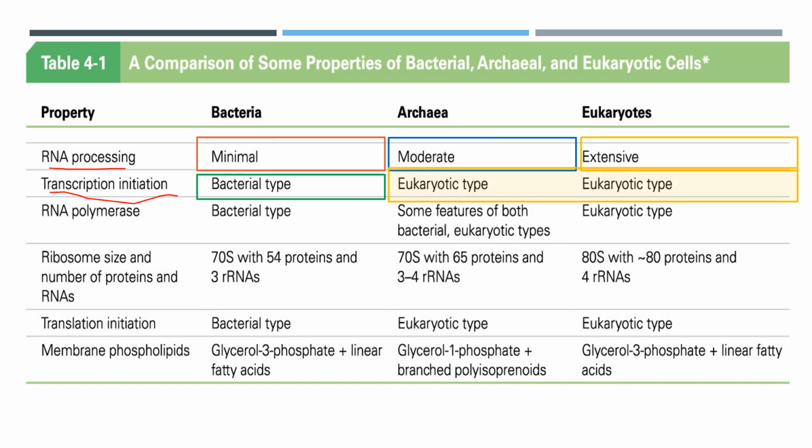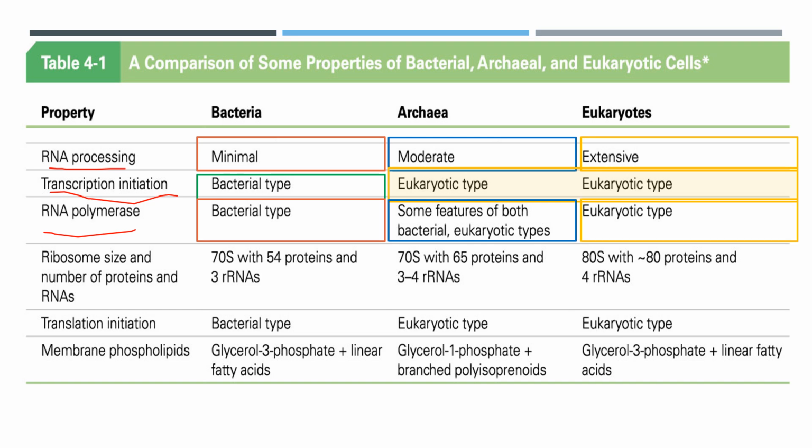Yeah, so you see that some differences are emerging. When you study, for example, the RNA polymerase, again, one of the key differences in how cells start appearing, how this self-replication appears. Remember the RNA word. So you have ones that have a bacterial type or some feature of bacteria and eukaryotic types, and this one will have a eukaryotic type. So again, there is just more variation when you study those